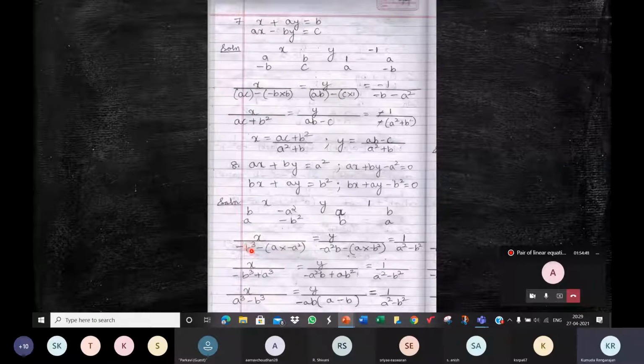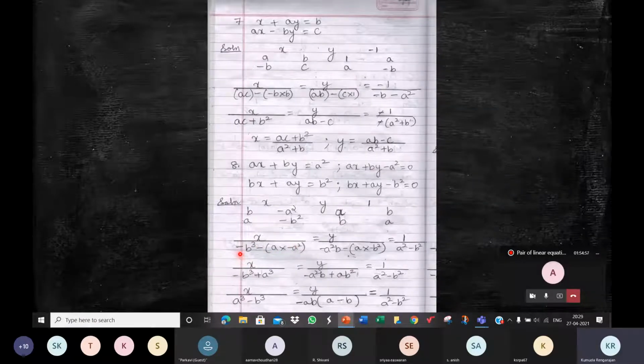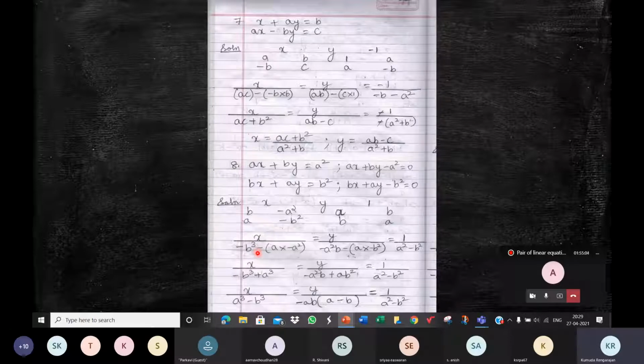Here we need to subtract the products. We need to put this minus sign in the middle. There is a minus here. Don't get confused with that. This is the first product. Here is the second product. We are subtracting the product, so we need to insert this minus sign here.